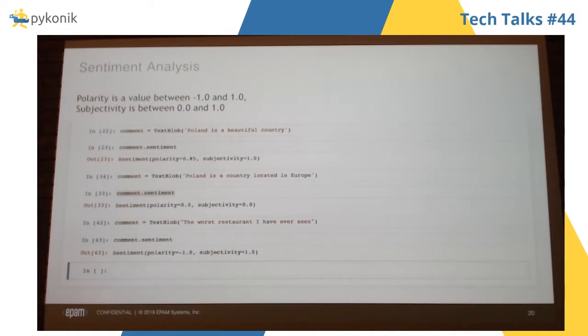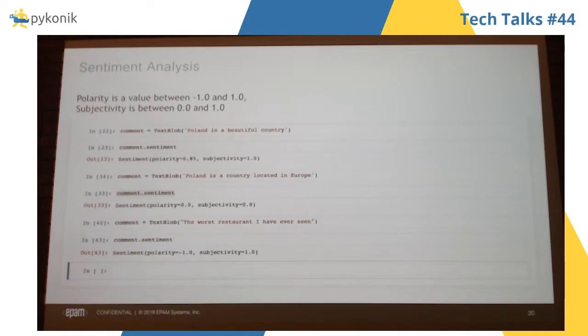Subjectivity means whether this text is personal, based on personal opinion, or not. For instance, "Poland is a country located in Europe." It doesn't have any negativity or positivity. It's just a statement. So in that case, subjectivity should be 0, and the polarity should also be 0.